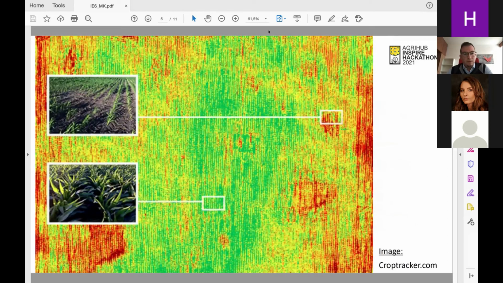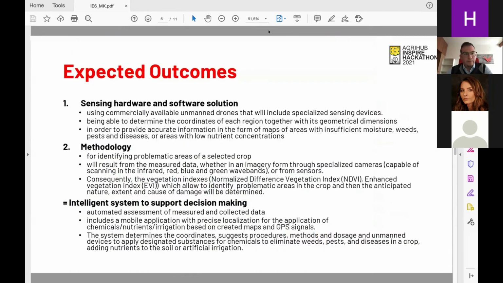This is an example of the application. So it's an image from crop tracker. Sorry. So this is an example of the technology used in specific conditions. As you can see, the system can recognize the areas with less water, which leads to poor productivity of the crops. The expected outcomes of the